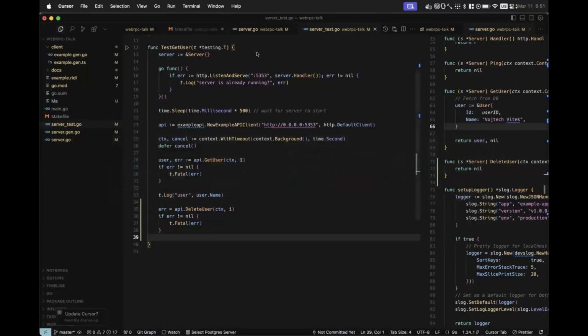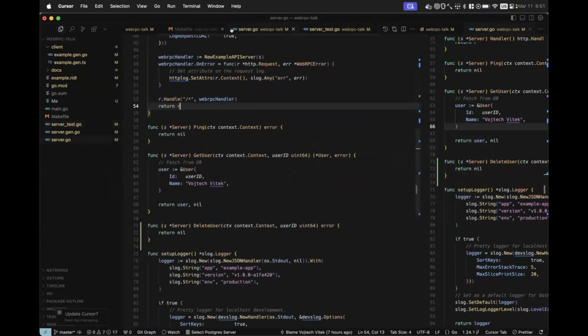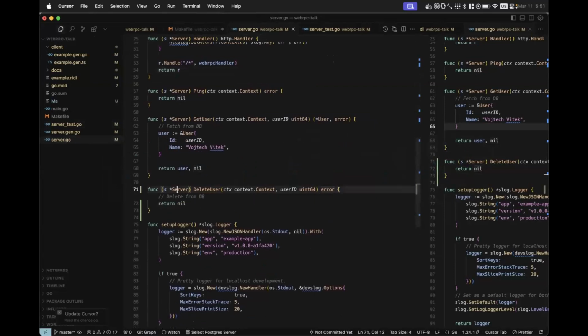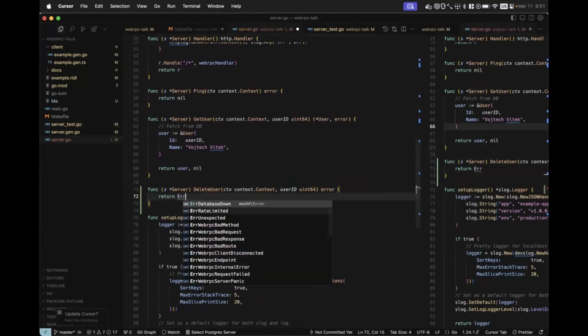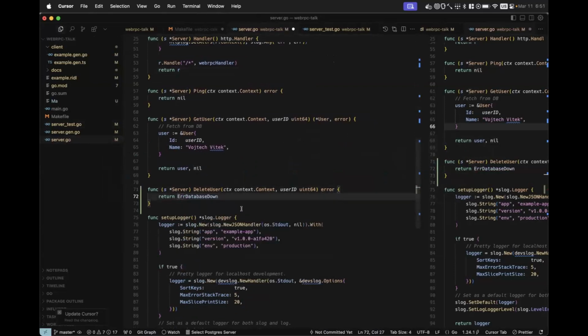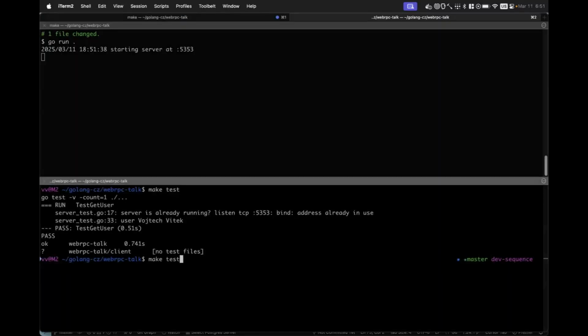Now, how do I prove that it actually worked, right? I think we need to go back to the server and let's say that we will want to define some error. And let's use error database down, and let's assume that there was some cause. Let's say this was some underlying database error. Now, when we rerun our test,